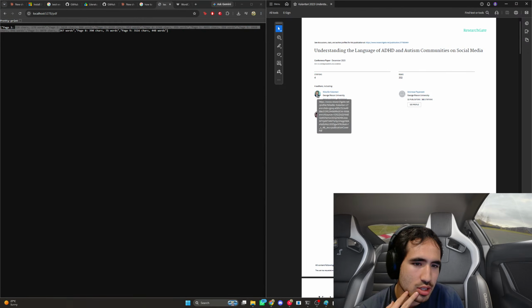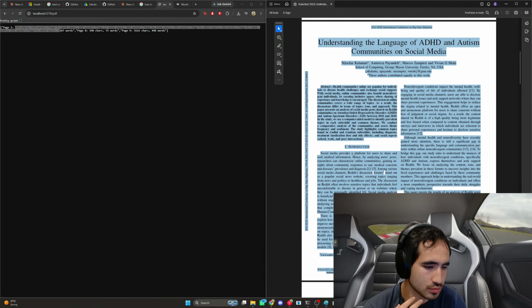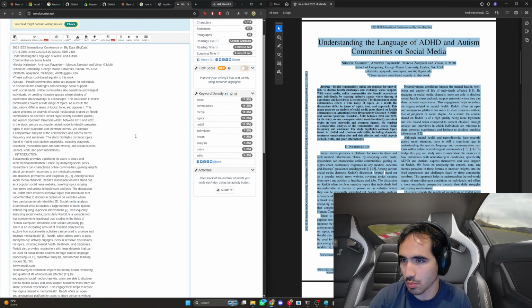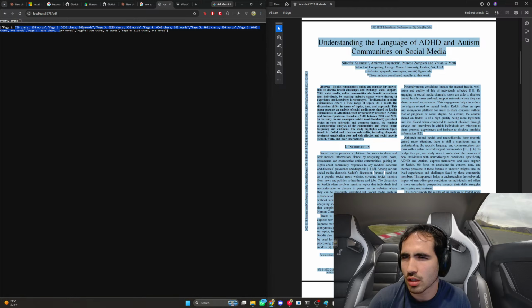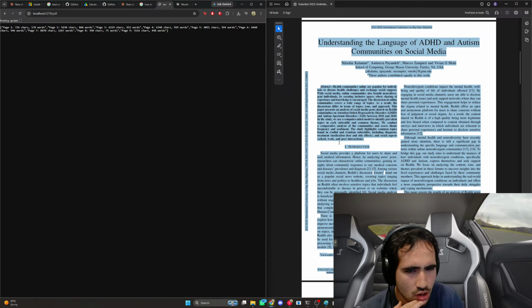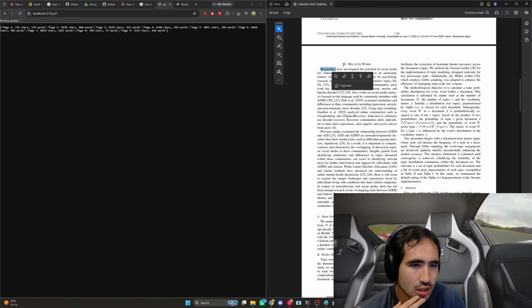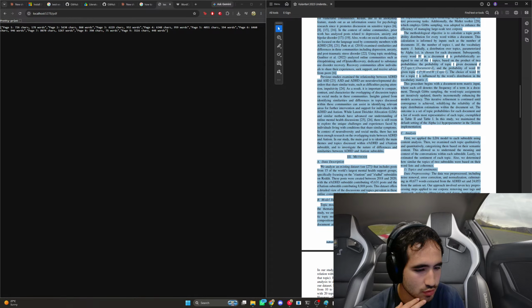But I'm assuming these images count as characters. So let's ignore that page for now, and let's do this one instead. So page 2, 803 and 5,519. 860 and 5,630. See, I'm assuming there's just hidden text places, which is kind of annoying because I guess it reads this too.